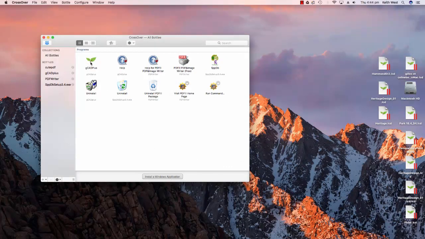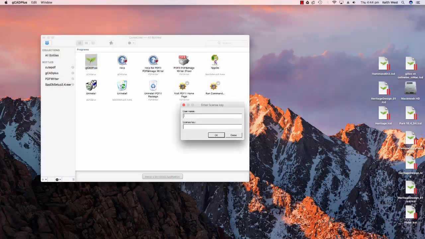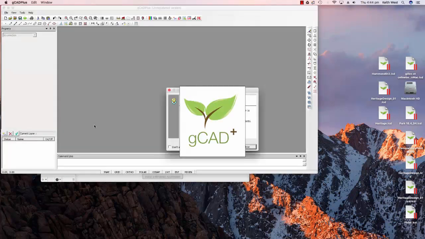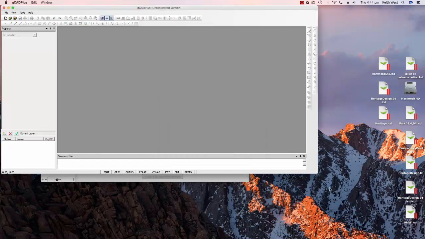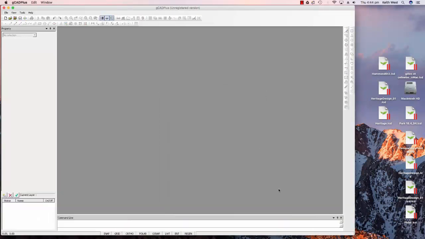So now, to run gCADPlus, you just start CrossOver. The list of bottles or environments loads, so we can double click it and away we go. We're asked to enter a license key. You can try it out just by running in demo mode, and we'll close the tips,